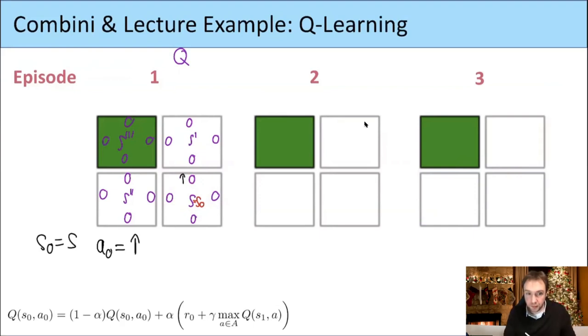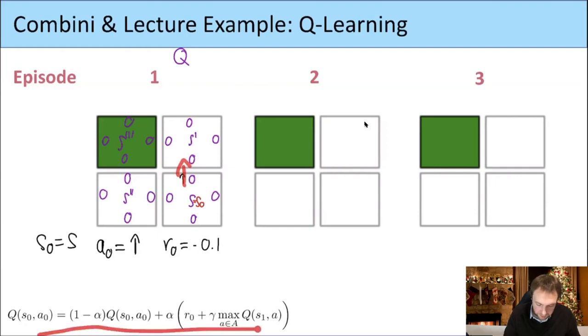This here is A0. So what is the reward we get? Well, in this case, the reward we get is minus 0.1. So R0 is minus 0.1. So if we do this step, then this formula tells us we should update this value here. So this here is Q(S0, A0), which is 0 now. And the new value is,